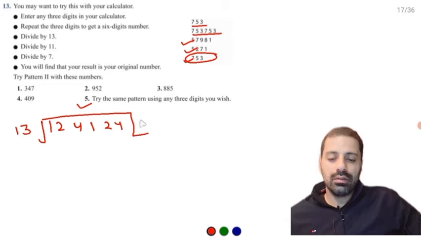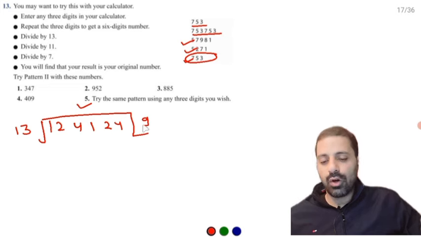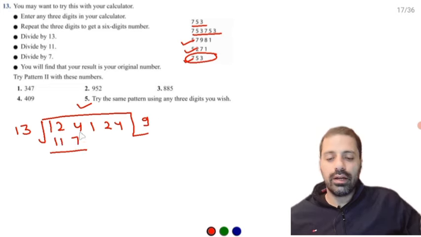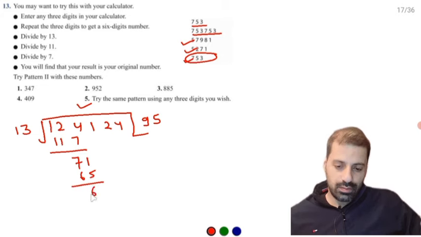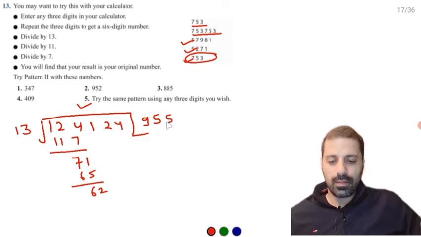Repeat this, divide by 13. So how many times? I think 9 times, 117. What do we have remaining? 3 and 4, 7 remaining. 1 will copy. 5 times 65. 6 is remaining. 2 copy. Again 5 times, not 5 times, 4 times. Now we have 4 and 10, so